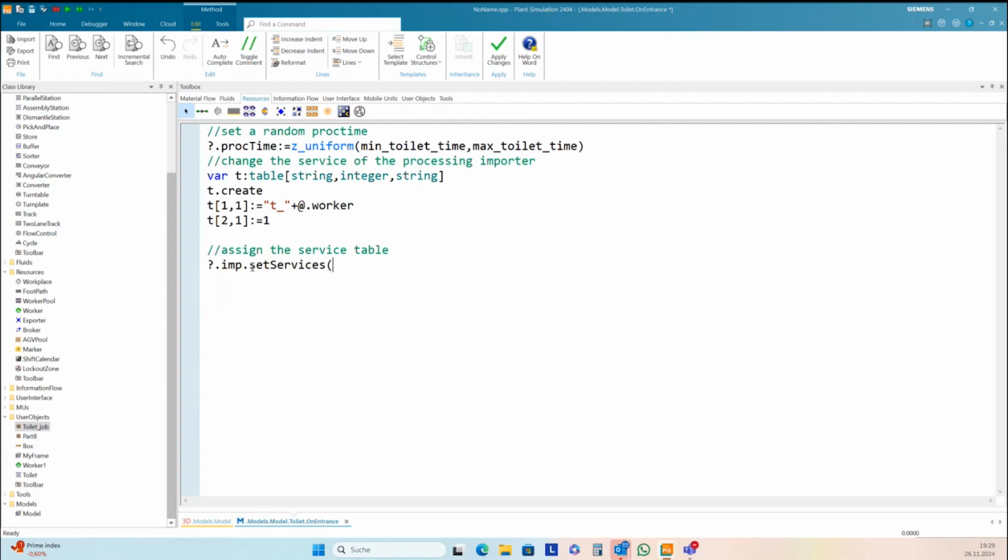This replaces the values in this services table with the table I define here. And so the right worker is called, and if the MU then reaches my toilet, then the broker will become the right request, or will become the request for the right worker. Okay.